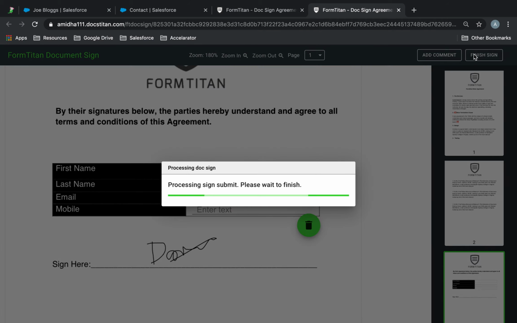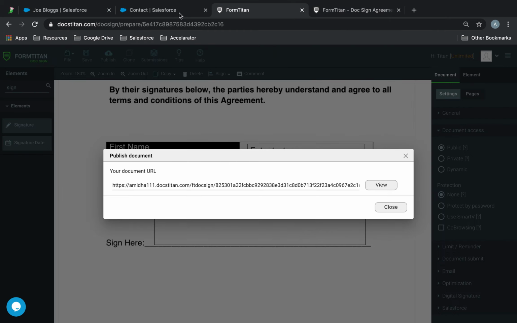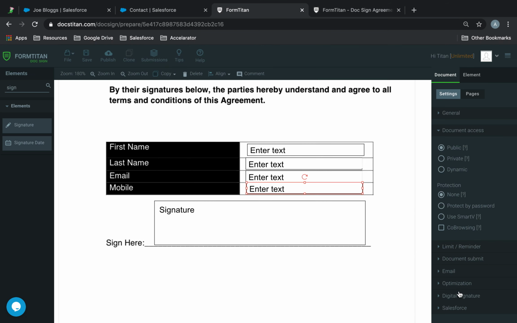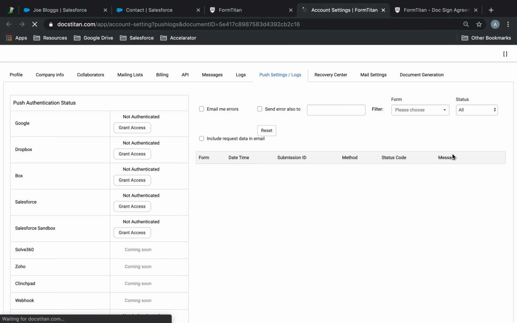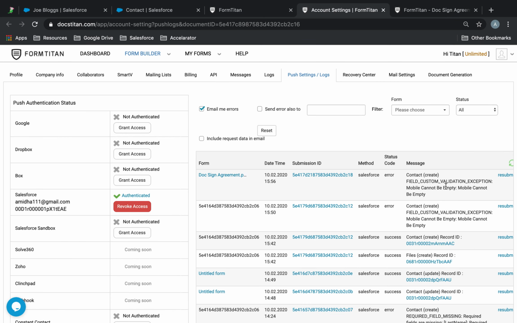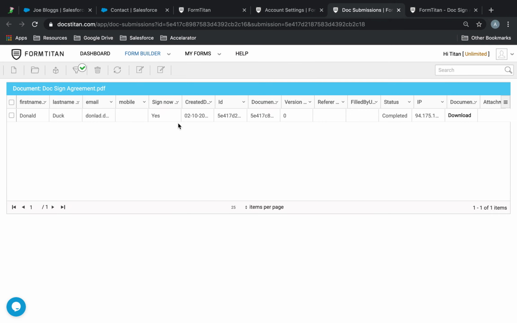Now what will happen is when I finish and sign, hopefully the integration breaks, because it's going to say you can't really create a record unless there is a mobile. So if you go to my integration log, let's see what's happened. Alright, we got an error. It's saying mobile cannot be empty. So this has happened because there's a validation rule in Salesforce that's preventing me from pushing this integration through